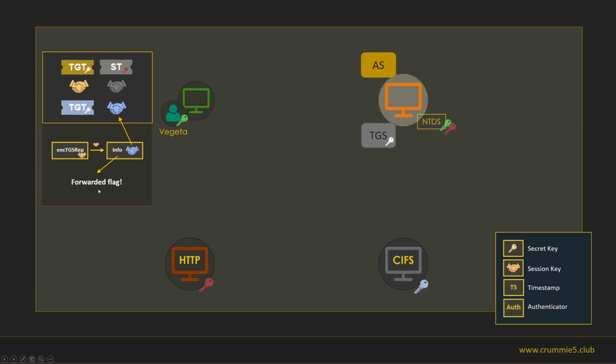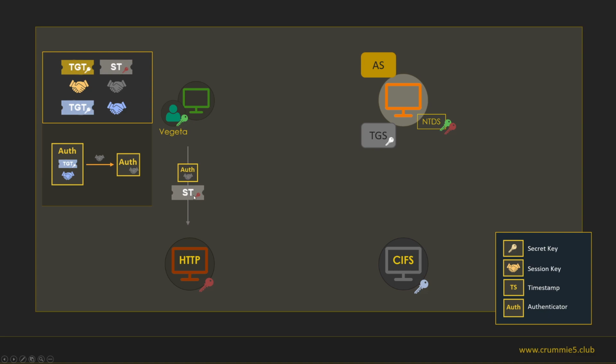So the client confirms that this ticket has a forwarded flag by this information, and then when he wants to interact with the actual service, he will create an authenticator with the TGT, a copy of the TGT or the delegation TGT, and the associated session key within the authenticator, encrypted with the session key that will be mutual between the Web01 service and the client.